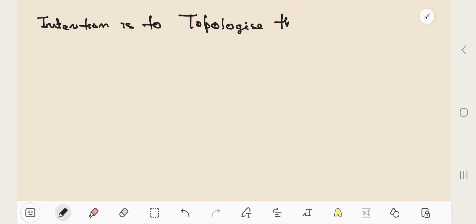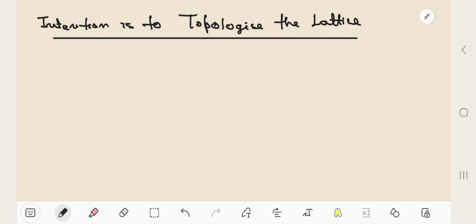So now our intention is to topologize the lattice, because since we are actually talking about a geometric notion